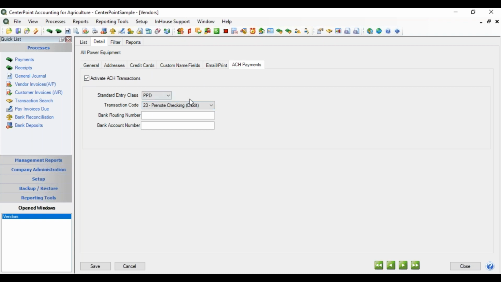NACHA requires that when a transaction is submitted for processing, the transaction must select a standard entry class. And the options are PPD, CCD, and CTX. A PPD is a pre-authorized pay deposit for credits and debits that process against consumer accounts, such as payments to